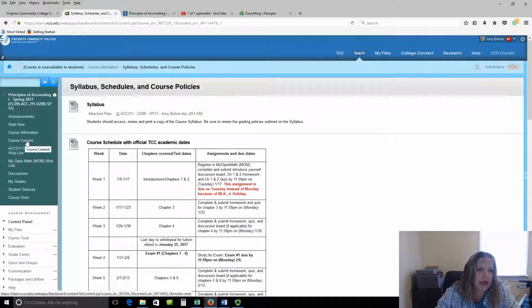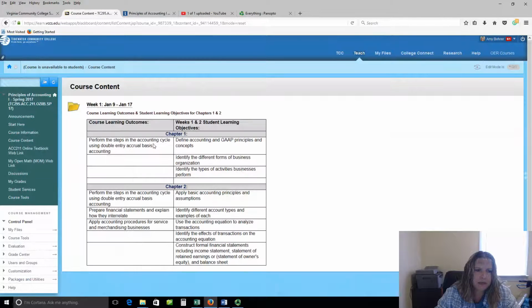If we go into the course content area, that's where most of the assignments are. Okay, most of the meat of the course is going to be here. And again, your course content area may look a little bit different. 8-week courses are going to be moving a little bit faster because we have to cover more material in a smaller amount of time. So you'll either be covering one or 2 chapters this first week. And so all of my online courses are arranged the same way, though.